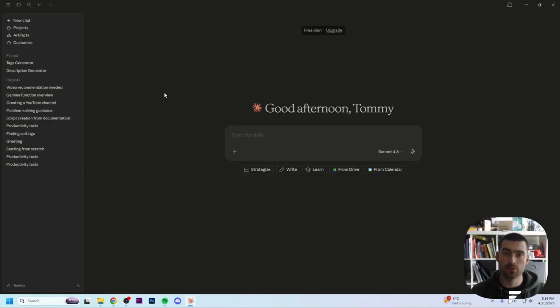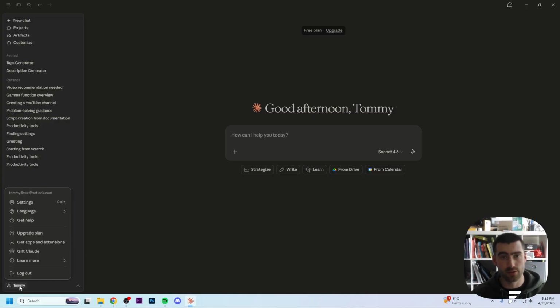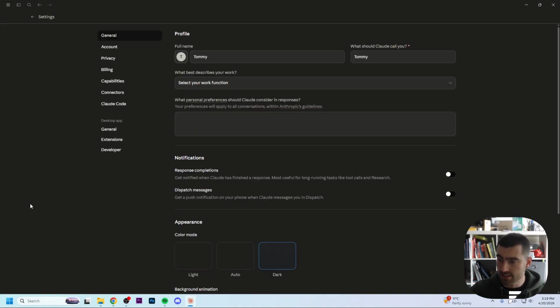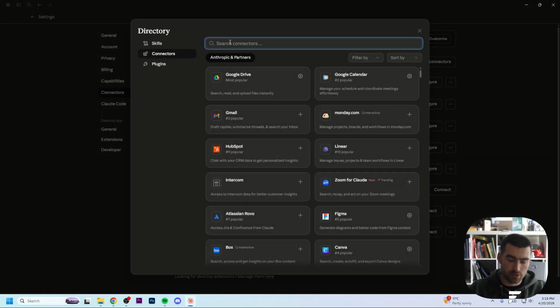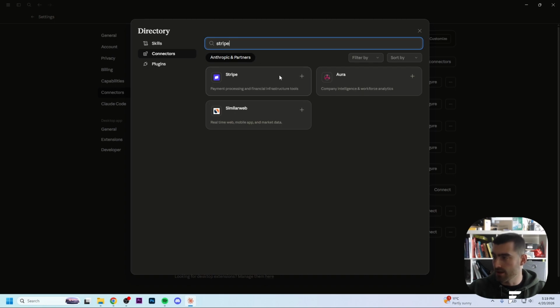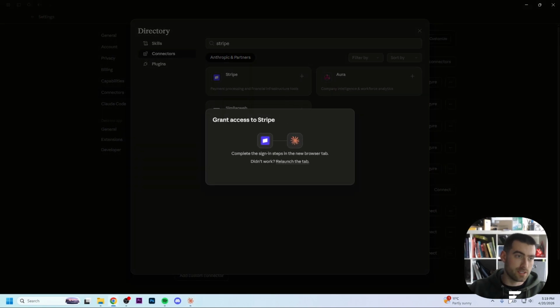And if you want to do this, it's quite simple because we will do exactly what we are doing to connect all the softwares. We go left in the bottom to my name, and you can also do this on the web browser. It works exactly the same. Then we select right here settings, and there we have connectors. Then right here, we select browse connectors, and now we search right here for Stripe. There we have Stripe, so now we click here on the plus icon, and now it sends us right here